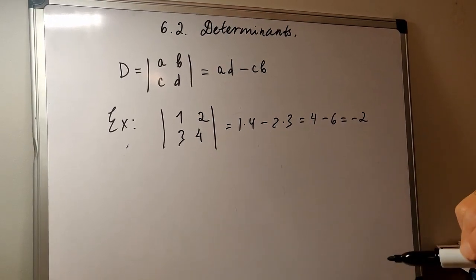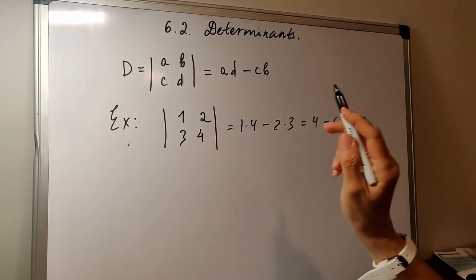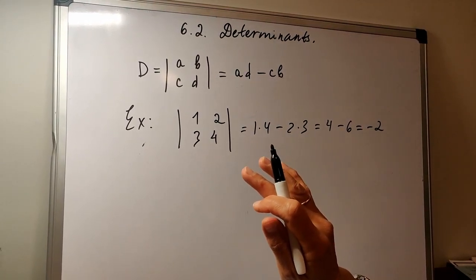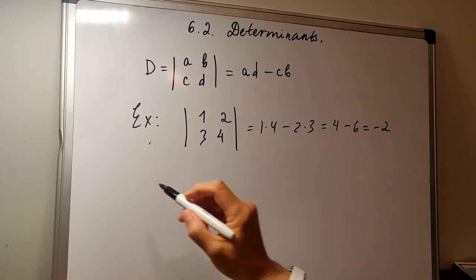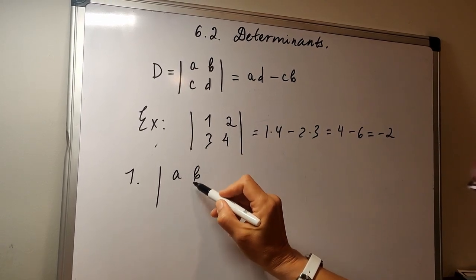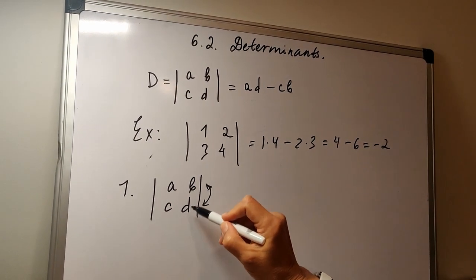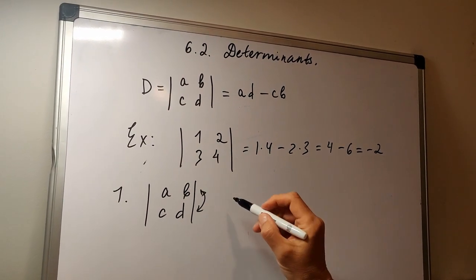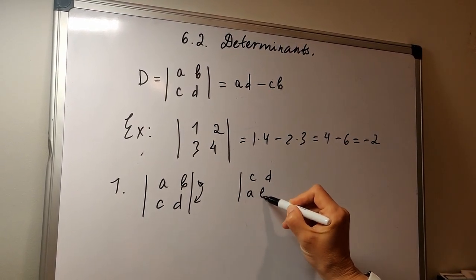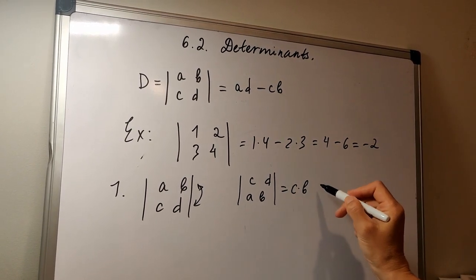Now, properties of determinants. Let's start with proving some properties which are going to be general properties of determinants, but we're going to check all of them on 2 by 2 determinants. Property number 1. If we have a determinant of matrix A, B, C, D, and we switch rows, put the first row second and the second row first, the determinant of matrix C, D, A, B is going to be equal, according to the formula, product of diagonal elements minus